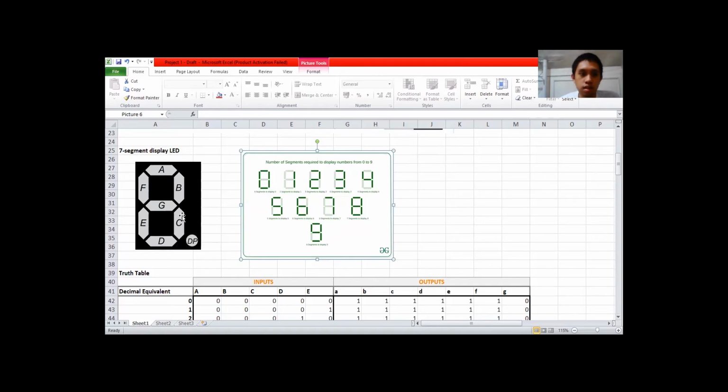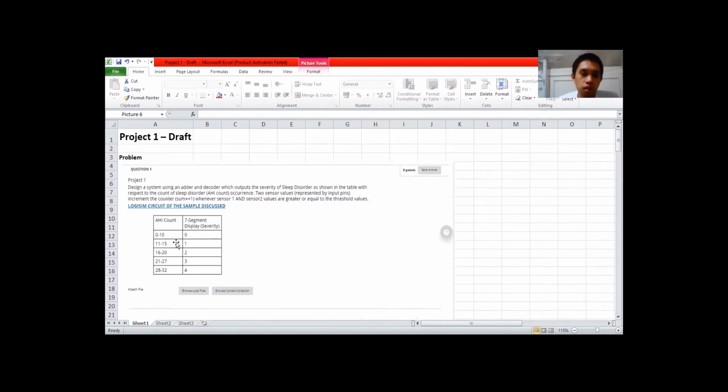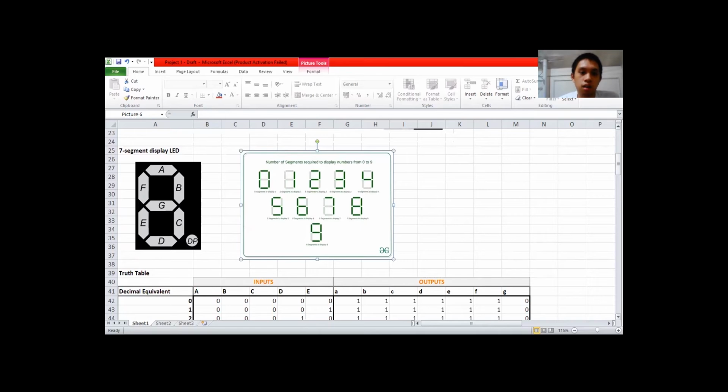So the only 0 is G because it has a low signal, while other segments have high signal or have a display of 1. Next condition: if the AHI count is within 11 to 15, then the output will display a value of 1. So going back here,